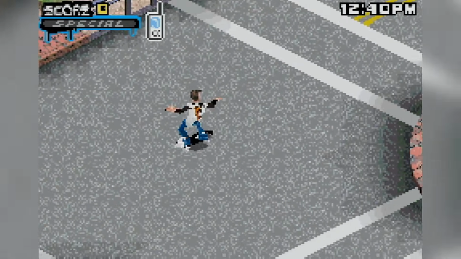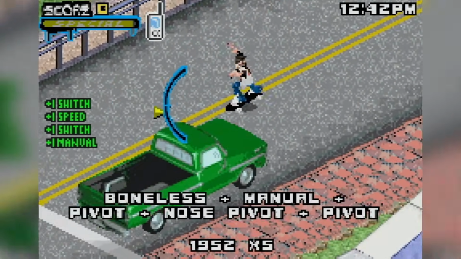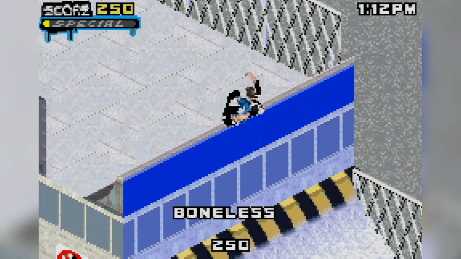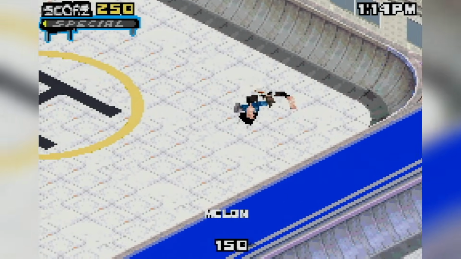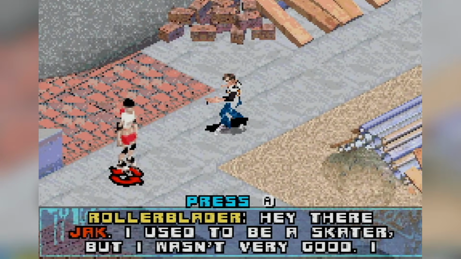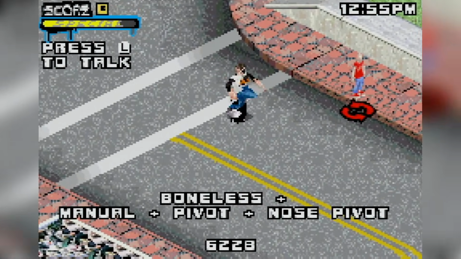Launching into the first level, the Ramones' Rock and Roll High School starts playing, and yeah, now we're back on track. This is the first portable Tony Hawk game to feature a fully licensed soundtrack, which is pretty rad, I'm gonna be honest. Once again, our objective here is to go through each area accepting goals from NPCs, like this